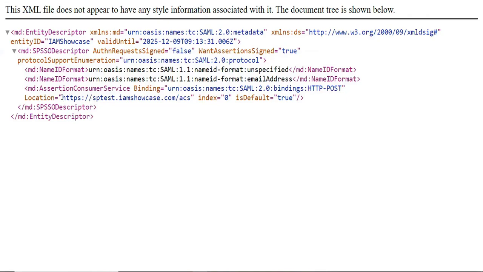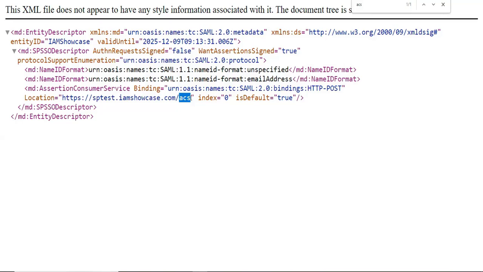So I will tell you another trick also. The sign-on URL for a service provider will always have two words in it. The first one is ACS, Assertion Consumer Service. ACS or SAML. Here you can see, Control F ACS. You can see, this is the URL. For some applications it will be /saml/SAML. There will be some URL in the beginning, but after that there should be this kind of term. ACS or SAML should be there for sure.